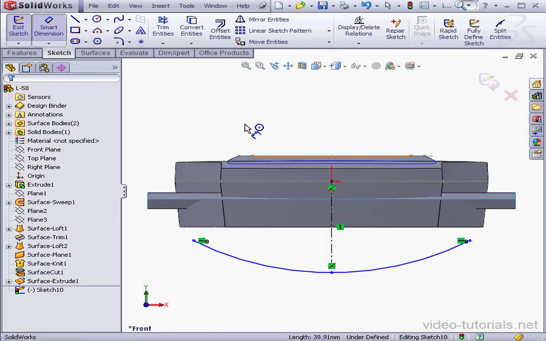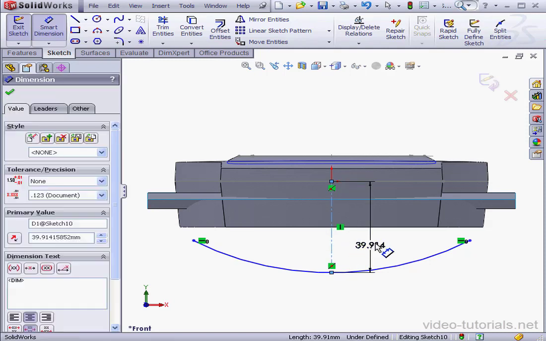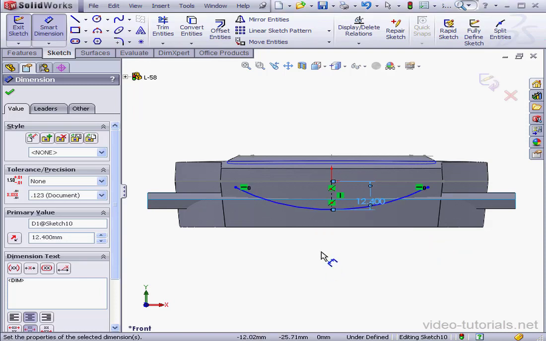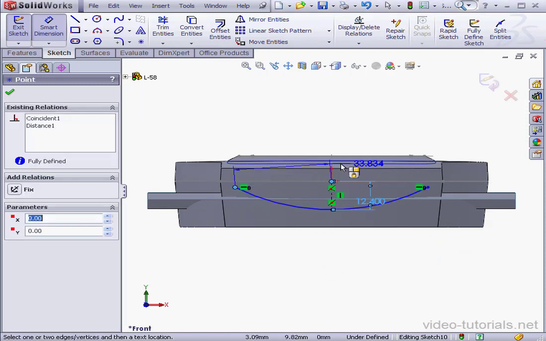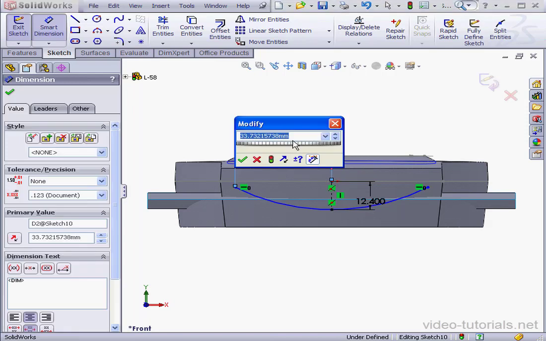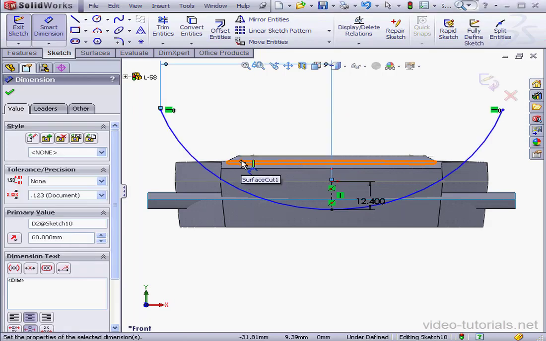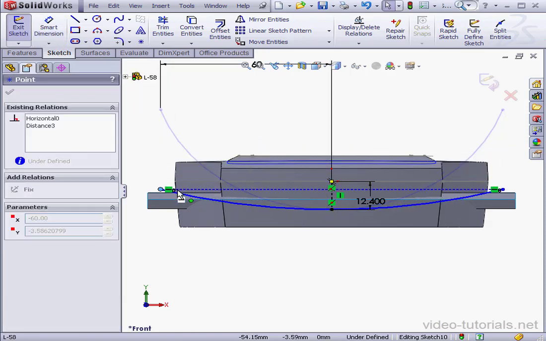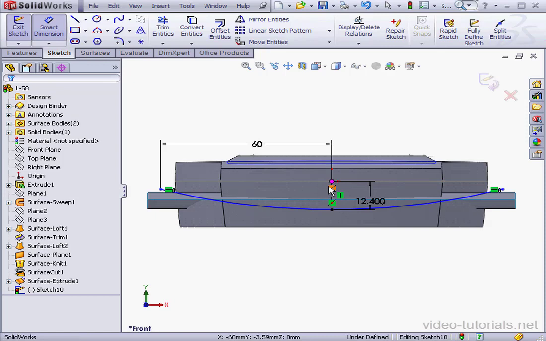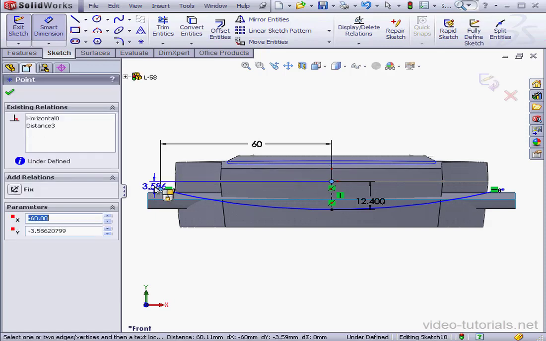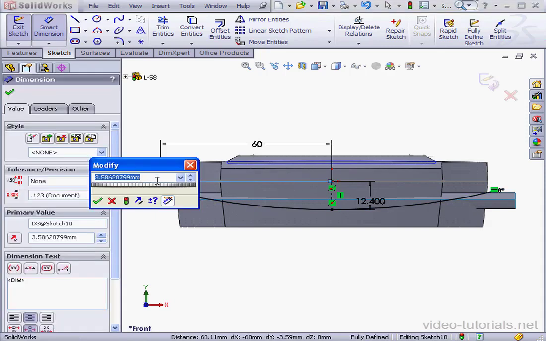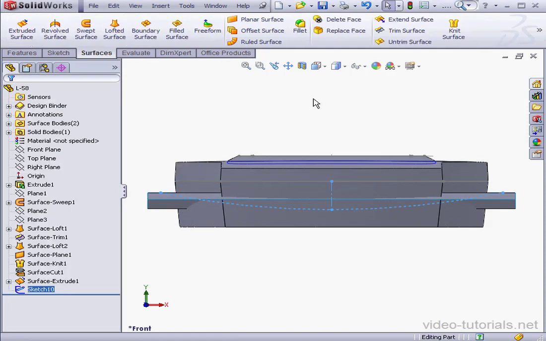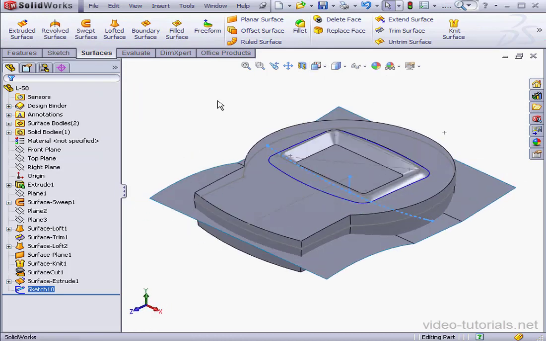Activate the Smart Dimension tool. Let's apply some dimensions now. This distance will be 12.4 millimeters. And this distance will be 60 millimeters. Accept. Right-click and select to exit the tool. Okay, one more dimension, 5 millimeters. Accept. At this point, the sketch is fully defined, so let's exit, isometric view, and let's activate the Extruded Surface